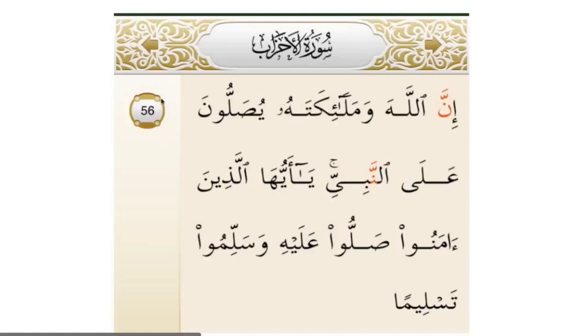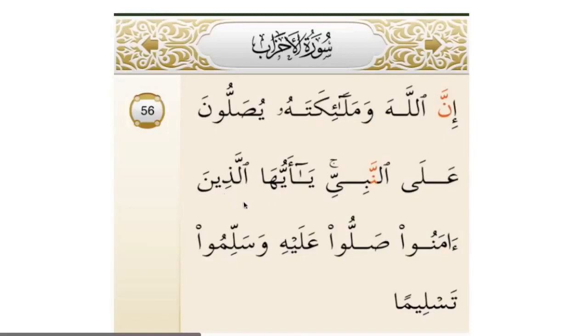And then we have yusalluna. So what is the verb? Is salla, and mudari yusallu and yusalluna is the jam'u. The plural refers to both of these nouns, Allah Azza wa Jal, Lafzul Jalala and Malaikata. So they send prayers or dua upon alan Nabi, jar majroor, ya ayyuhalladhina harfu nida, and we have munada, and